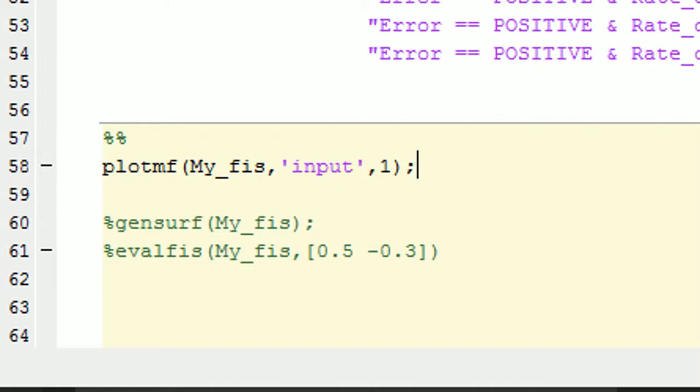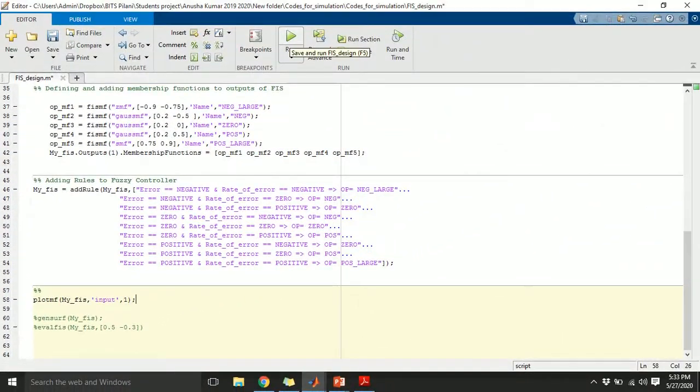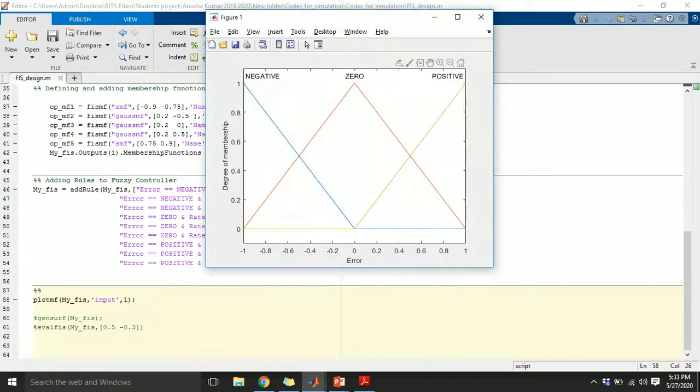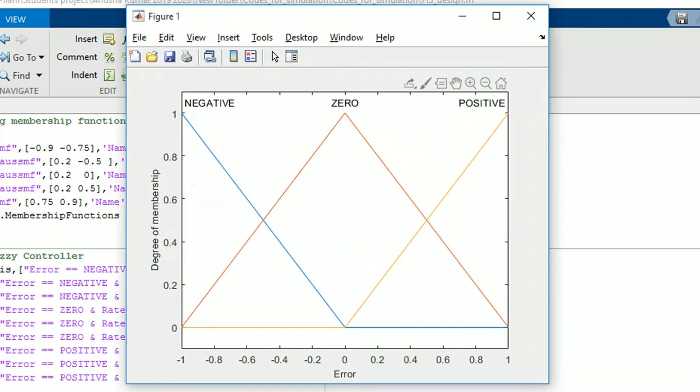If I run this code, this will be creating the fuzzy inference system which we have discussed so far, and then it will be plotting the input membership functions for first linguistic variable. Okay, so let me just run it for you and let's see what kind of variation I get. So now you can see that the range was from -1 to 1. The negative membership function's left base was -1000. Obviously the range is from -1 to 1, so that particular point is not shown here.